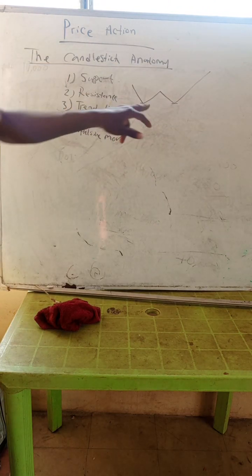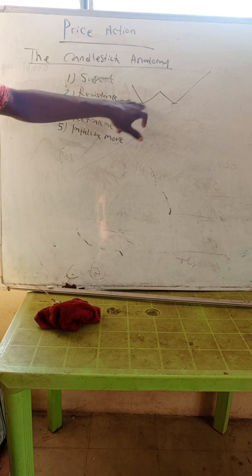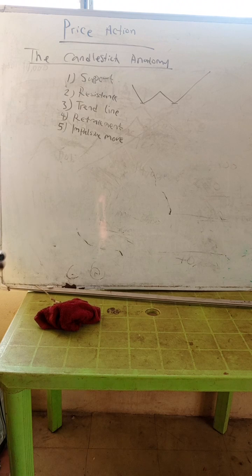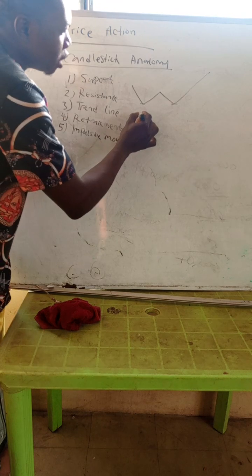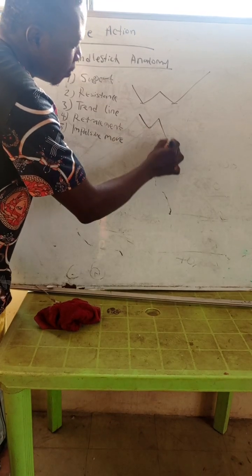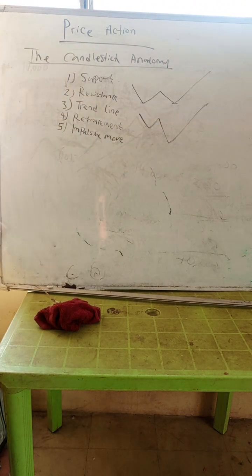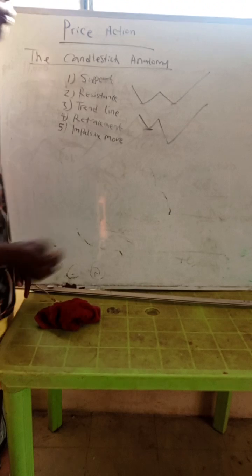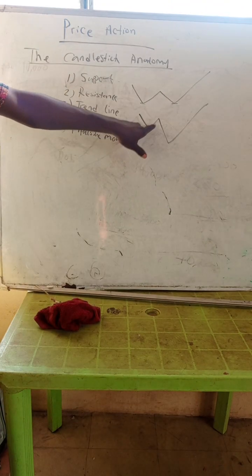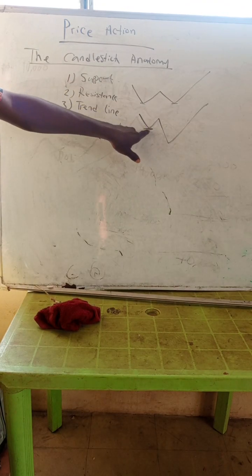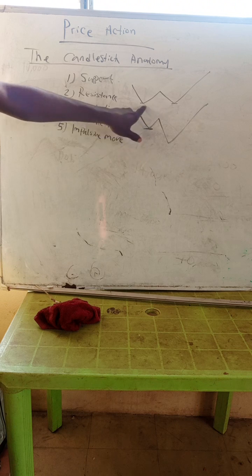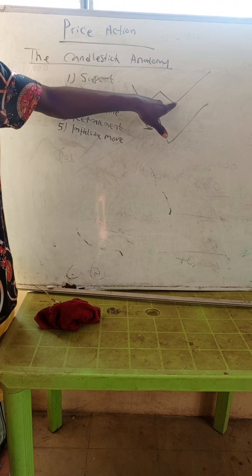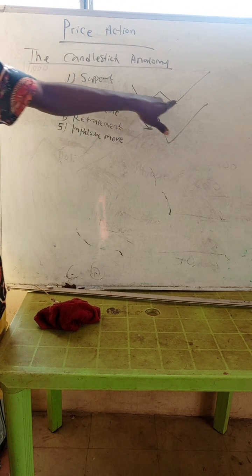So the support here is these two zones, these two levels, because price failed to go any lower than that five. But assuming it went something like this, up, boom, and then boom. What does that mean? It means that here is the support, and here is the support. But the price broke the previous support here. Unlike here, where it tested that previous support and repeated the same support, tested the support it tested before, and then bounced up.